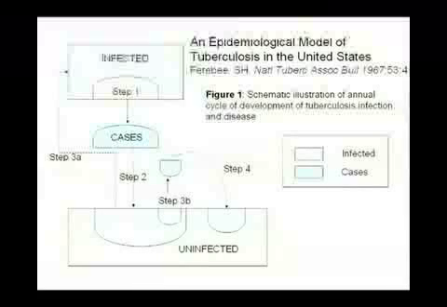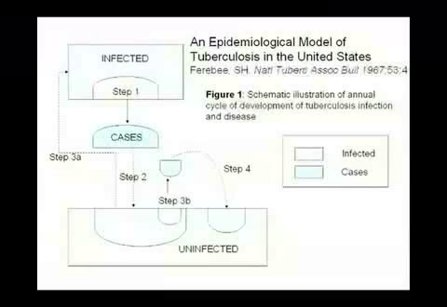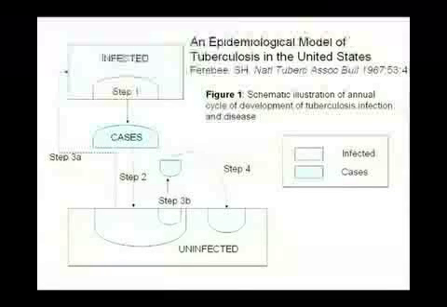These people who have active disease, labeled here as cases, then infect a proportion of the uninfected pool, which is what we see in the large rectangle on the bottom. Step 3A shows that these uninfected people then move up to the infected pool. Step 3B shows cases that develop very quickly, primary TB, that progress very quickly from infection to active disease, and then are at risk of exposing more of the uninfected and infecting them, and they would move up to the infected pool as well. It's a very simple model of tuberculosis, which is why I showed it, because it can be applied to any situation.